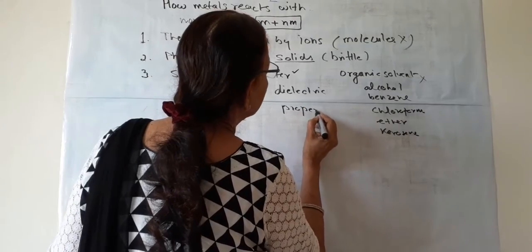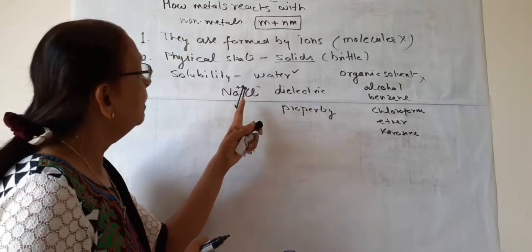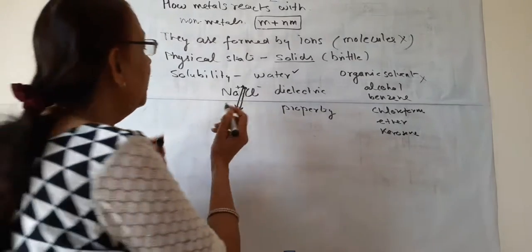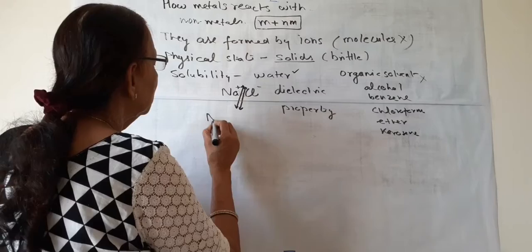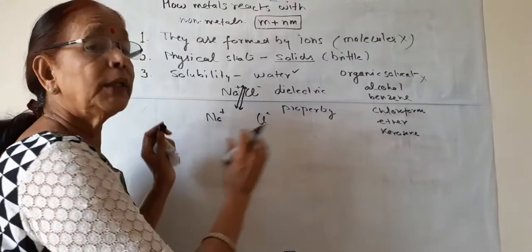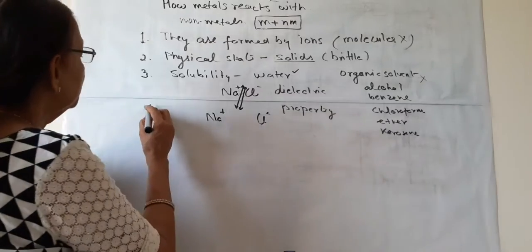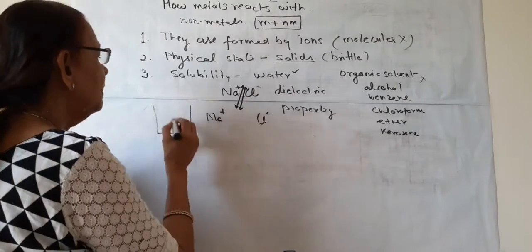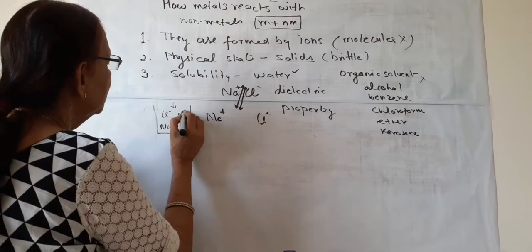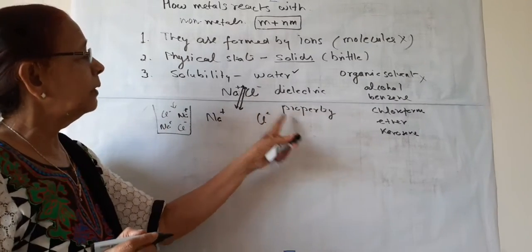This property of water is known as the dielectric property. What does it mean? Water weakens the force between the ions, and slowly, when the force is broken, both the ions become separate, and now they can flow or move freely in the solution. Suppose in a beaker water is taken and NaCl is put in it. So Na and Cl, both ions, will be made free by this dielectric property of water.